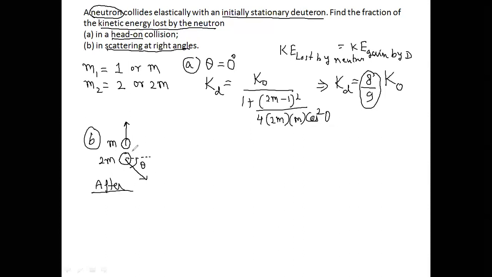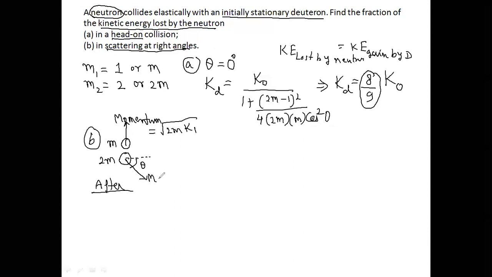And for conservation of momentum in all directions, if I assume certain velocities for m and 2m, or certain kinetic energies for m and 2m, or certain momentums for m and 2m, then you can write down the momentum in this direction. In terms of kinetic energy, this momentum is the square root of 2m times its kinetic energy k1.